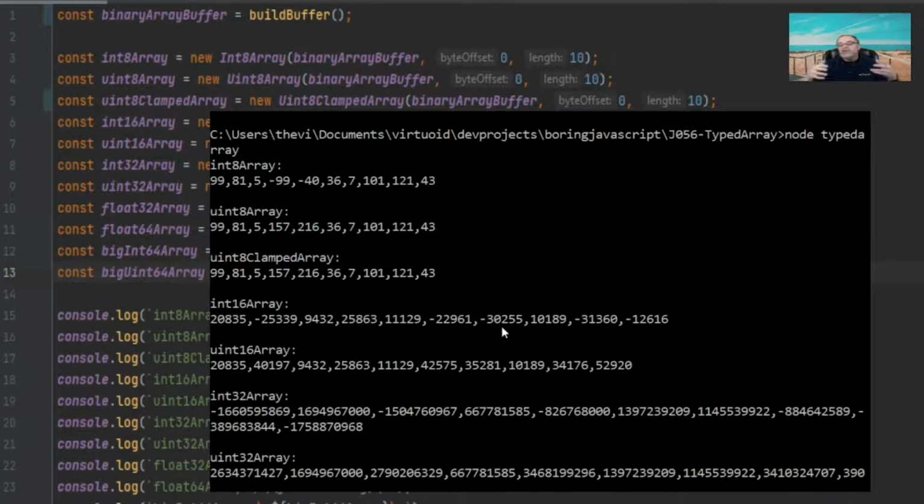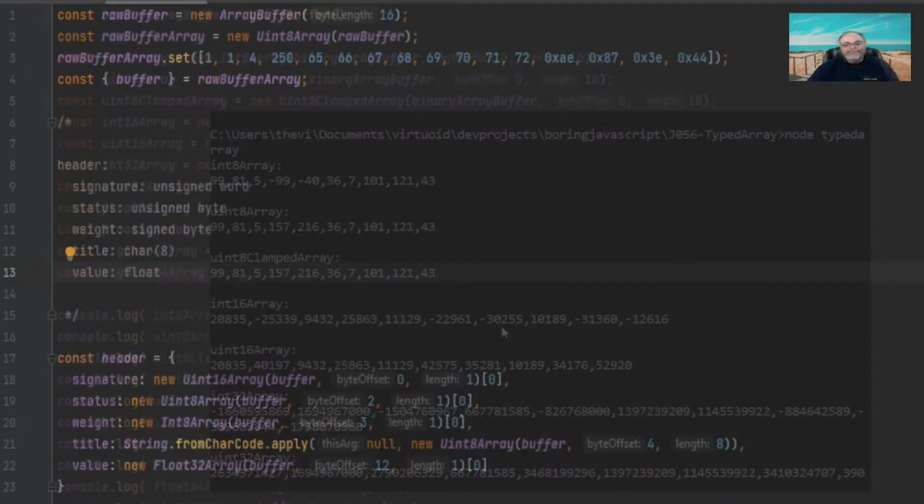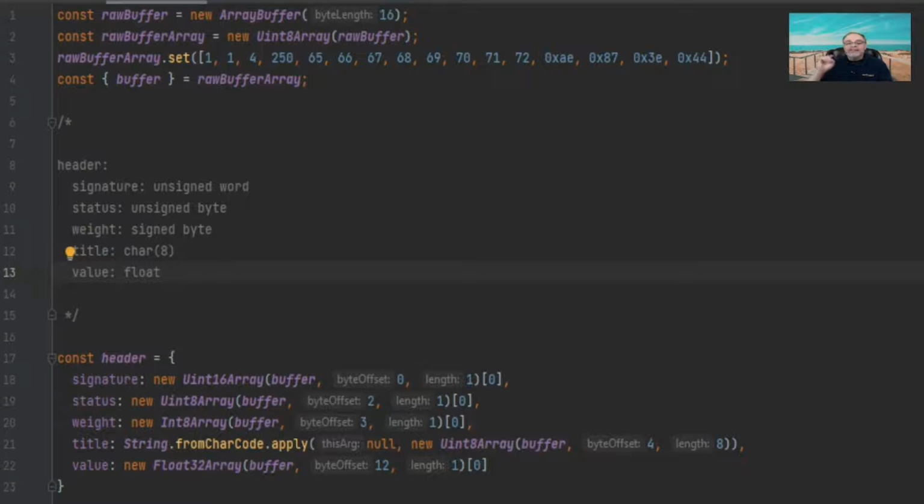So typed arrays, you can do anything you want with it and associate the values within any part of the array buffer. Next, what we're going to take a look at is how to combine all those to be able to describe a data structure. That's next. So next, let's take a look at how typed arrays can be used to define a structure within